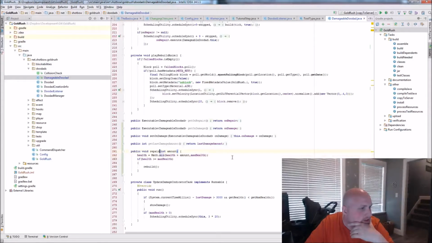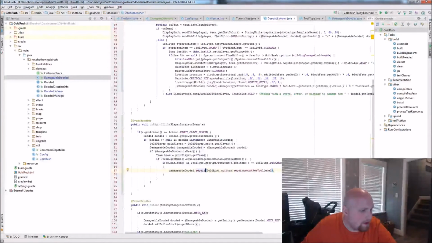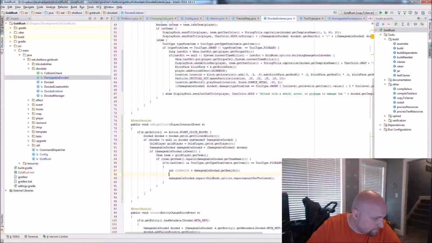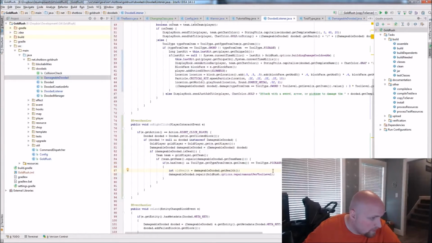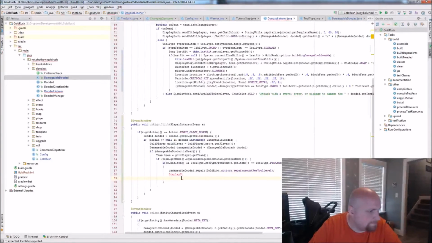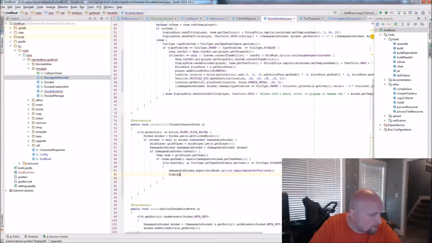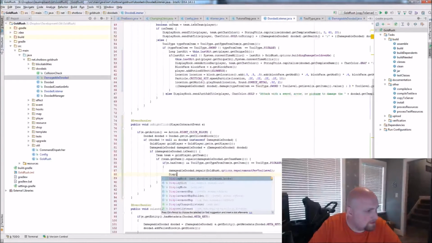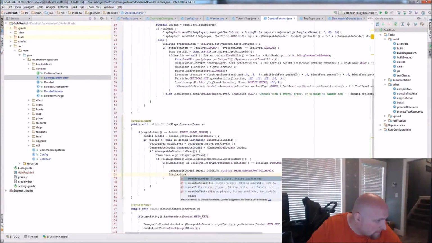But I can do for now. What I can do is I can go damageable doodad get health, old health. Or actually, I can just do this. I can go display util. Display, is that what it's called? Display hook. Yeah, there we go.